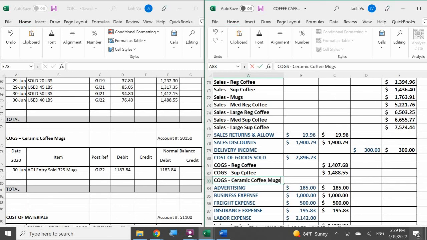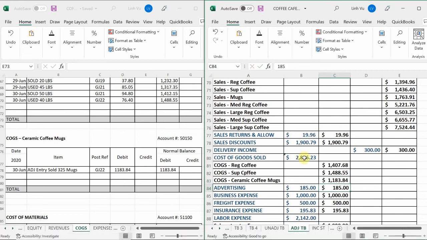I could have just put mugs. Which gave me a total of 1183.84. And I need to change my formula because now I need to include my regular coffee, Supreme coffee, and my ceramic coffee mugs. So now it gives me a total of 4,080 for my main account for the cost of